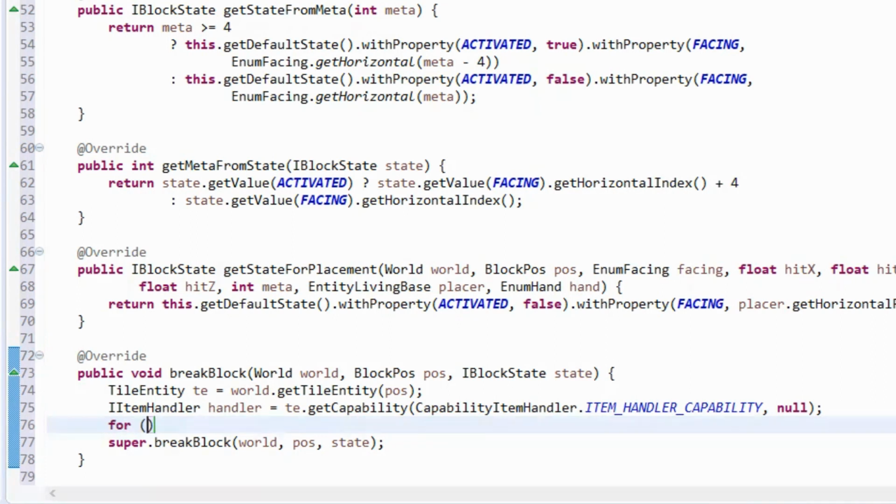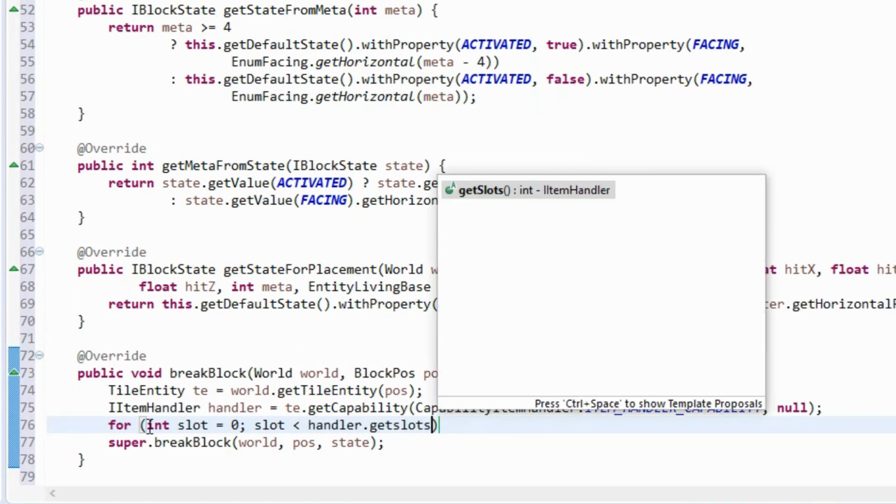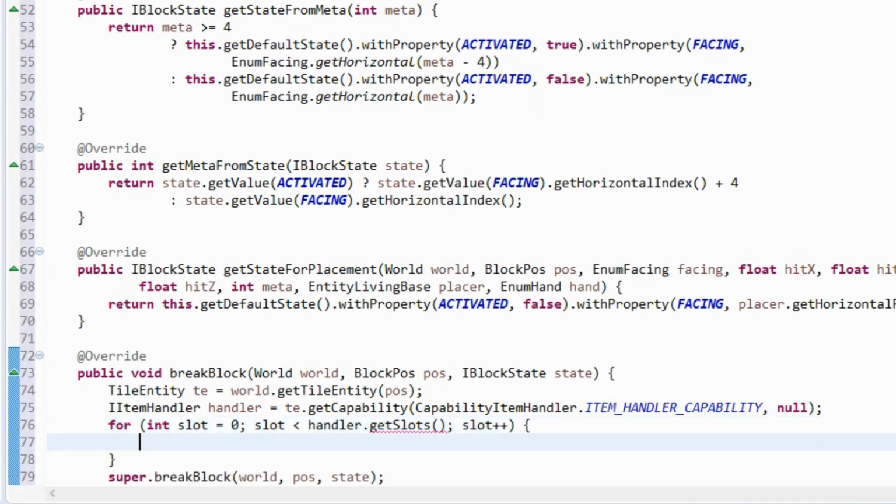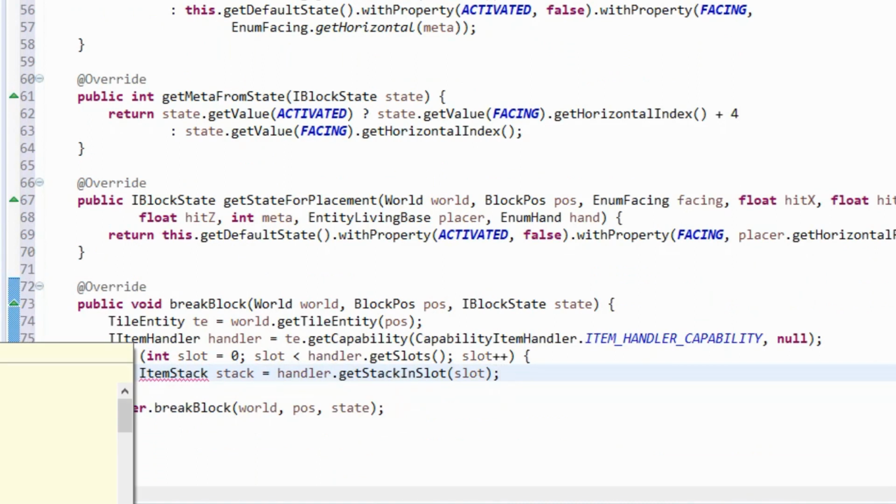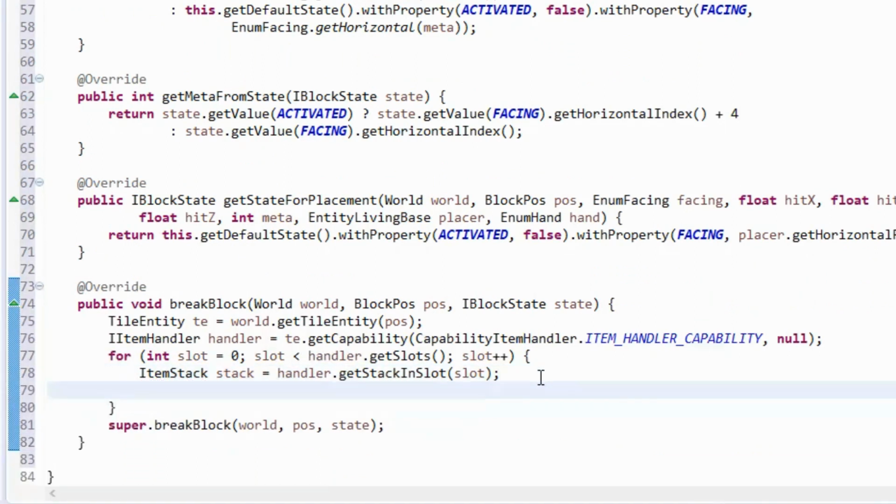Then we simply need to do a for loop, looping through all the slots. So slot less than handler.getSlots, and then we're going to increase the slot like so. That'll loop through every slot. We're going to get the item stack which is in the slot, so that's handler.getStackInSlot, and that's just the slot that we're looping through. Import ItemStack while we're here. Brilliant. And simply we do InventoryHelper.spawnItemStack,